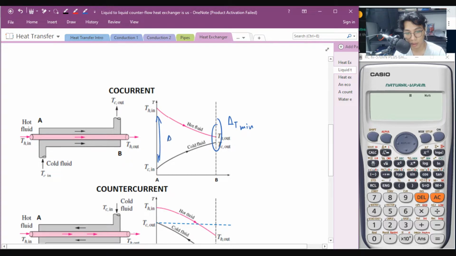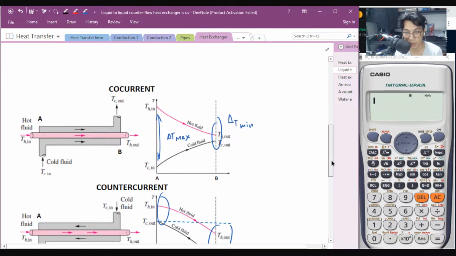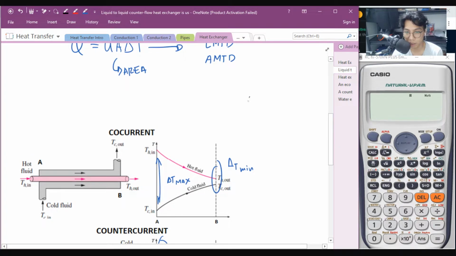Okay? Delta T maximum, kasi ang laki ng difference nila. Dito, alamin mo muna, i-solve mo muna yung delta T ng bawat isa, bawat side, para malaman mo kung ano yung may mataas na difference at yung mas mababang difference. Okay, to recall, AMTD,